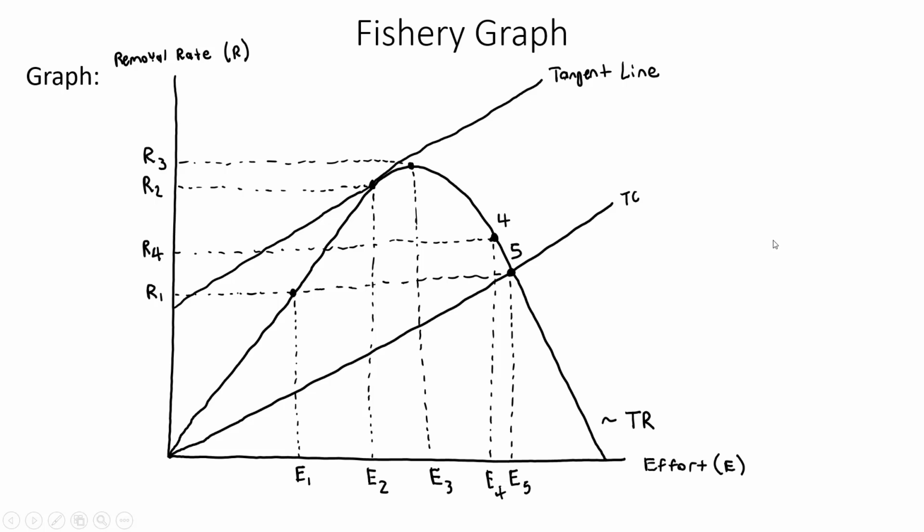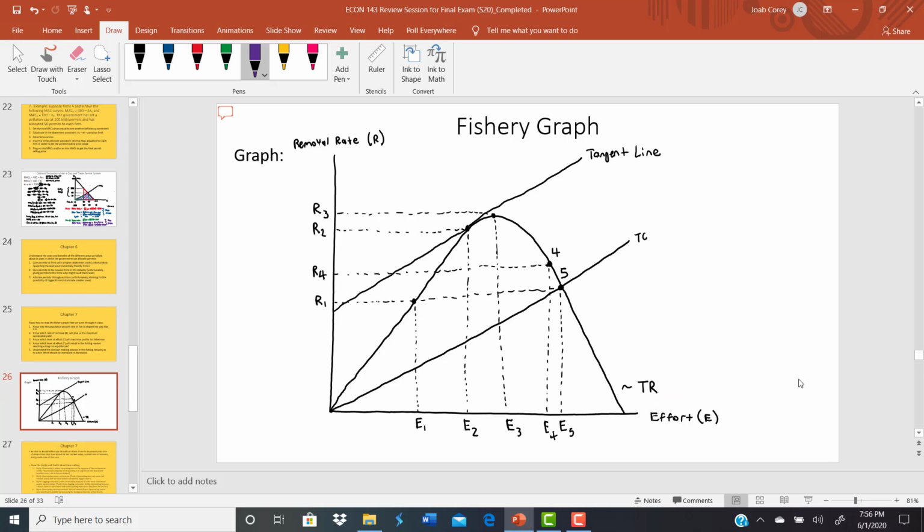Right, so if I give you a graph like this one, be able to tell me which removal rate represents the maximum sustainable yield, which effort rate maximizes profits for a particular fisherman, and which effort rate or removal rate might give us that zero economic profit in the long run, or that long-run equilibrium. Right, so just make sure that we can do that real quickly. Let me go ahead and step out of the full screen mode. Right, so if I were to ask you what represents the maximum sustainable yield,